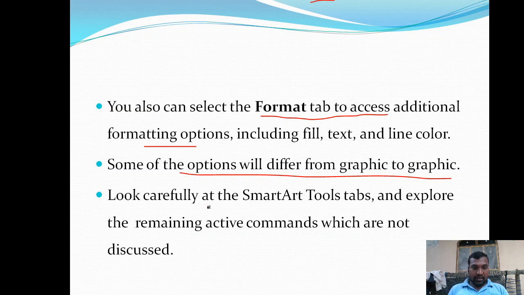And look carefully at the SmartArt tools tab and explore the remaining active commands which are not discussed. Okay, so what I am requesting is, try to practice all the commands which I already explained in today's session. Then try to practice or cover the concepts not covered.